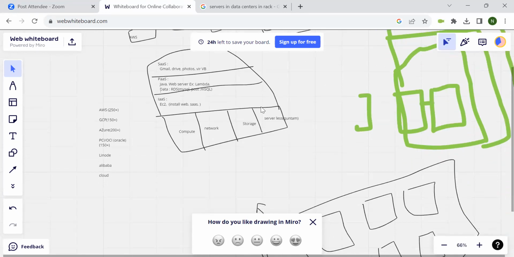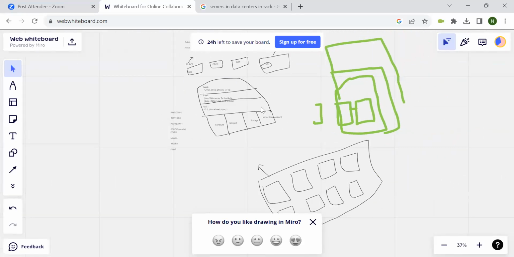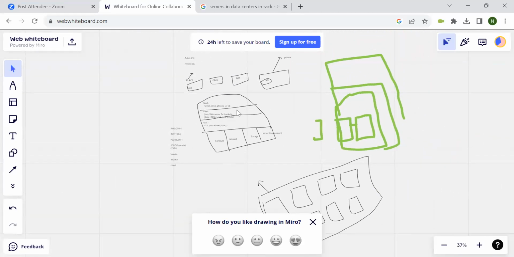Okay, any questions, guys? This is just a small introduction about AWS, a small background about it. I want a confirmation from everyone. Is it clear, or any questions on this? Please, I'm waiting for your response. Is it clear or not? You just need to know the basics or the background behind it.